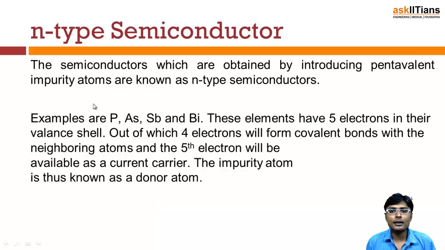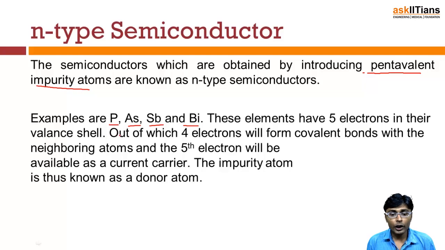So first let's discuss N-type semiconductors. Basically, these semiconductors are obtained by introducing pentavalent impurity atoms and are known as N-type semiconductors. So the semiconductors in which we are adding pentavalent impurity atoms will be called N-type. Examples, as we have already discussed, are phosphorus, arsenic, antimony, bismuth, and these elements have 5 electrons in their valence